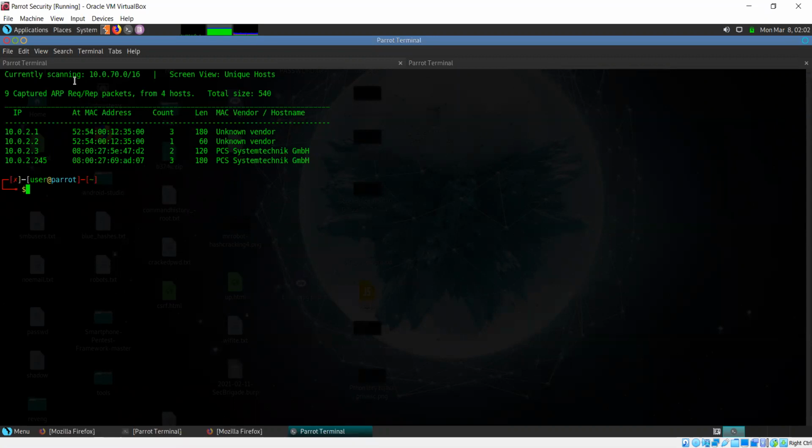Maybe 10.0.2.2? The MAC address is same as that of the router, of the gateway IP. Yeah. So this is also not our target because the MAC address is the exact same. That means this is also the gateway, and this is just another interface belonging to the same device, because the MAC address is the same.